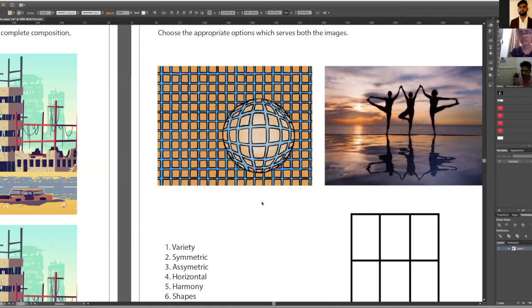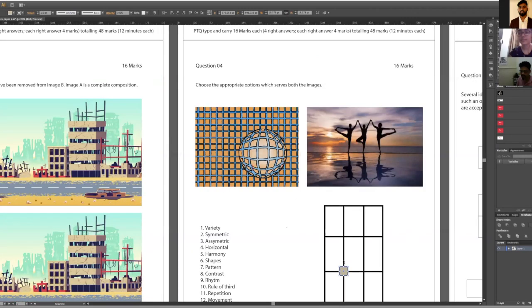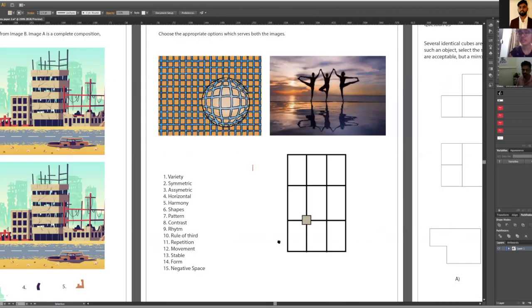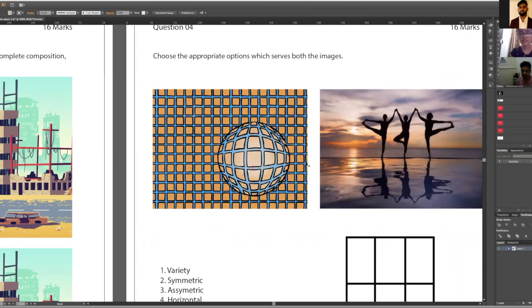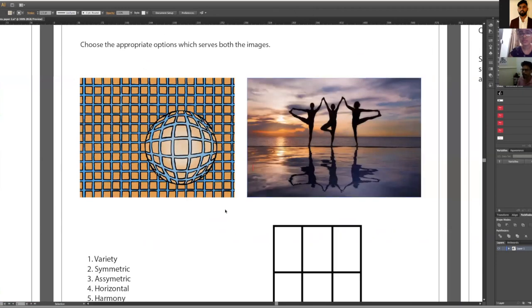Okay. So Shalini, you understood this, right? Yes, sir. What we have done here is a wireframe. Similarly here. Now, tell me which one is the rule of third among these two? The first one, sir. Okay. Why not this? Because the second one is a centralized composition.